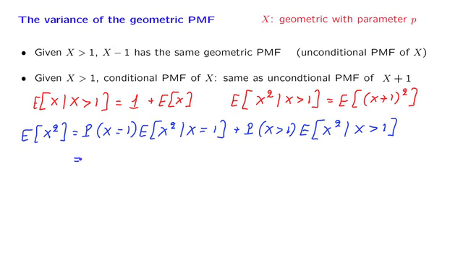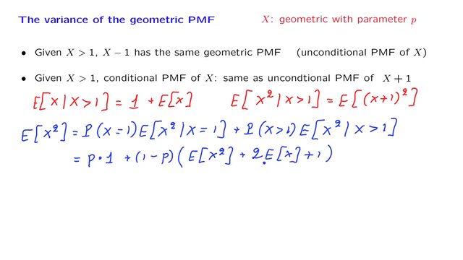Now let us calculate terms. The probability that the first toss results in success, that x is equal to 1, this is p. And if x is equal to 1, then the value of x squared is also equal to 1. And then there is probability 1 minus p that the first trial was not a success, so we get to continue. We have this conditional expectation here, but it is equal to this unconditional expectation up there. And now let us expand the terms in this quadratic and write this as expected value of x squared plus twice the expected value of x plus 1.